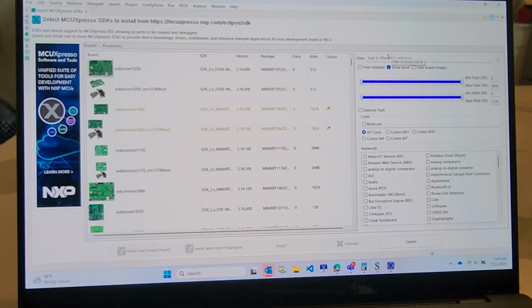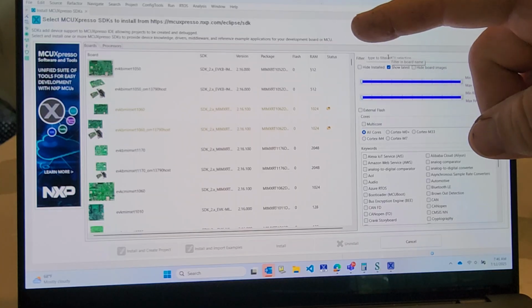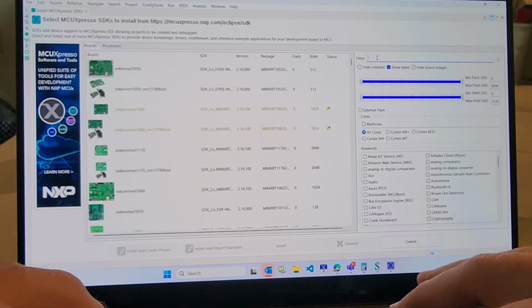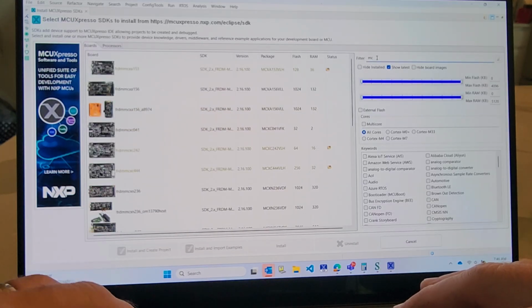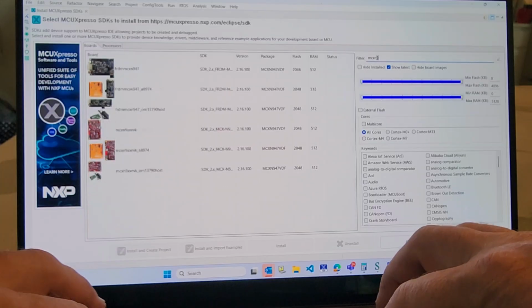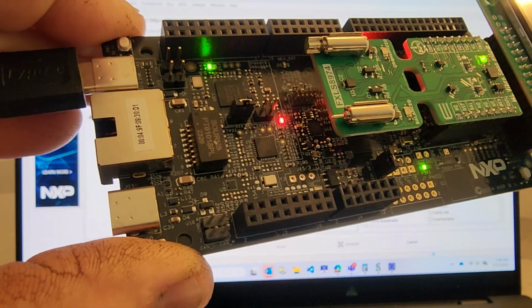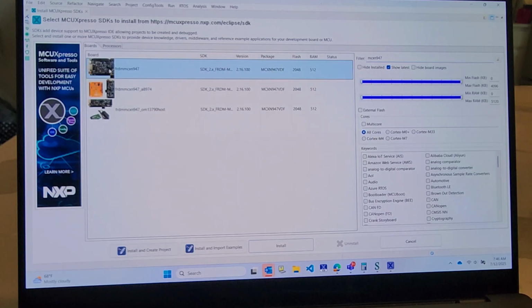I'll come over on this side here, and then I'll type in MCXN947, and we can see we've got this particular module here, which is that one right there. So we're going to select that one, and